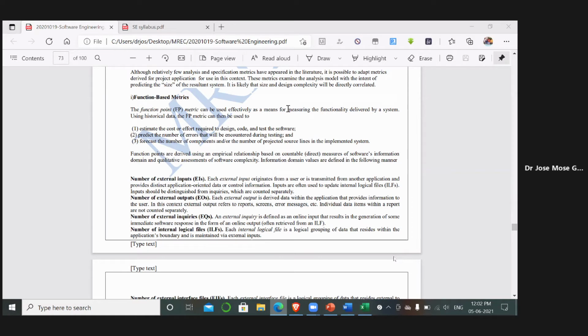If LOC is more, will time and space be less or more? Anyone of you answer. Lines of code in a program is less. Lines of code in a program is more. Is it directly proportional to time complexity and space complexity? Anyone of you answer? Should LOC be less or more? For any program, LOC should be